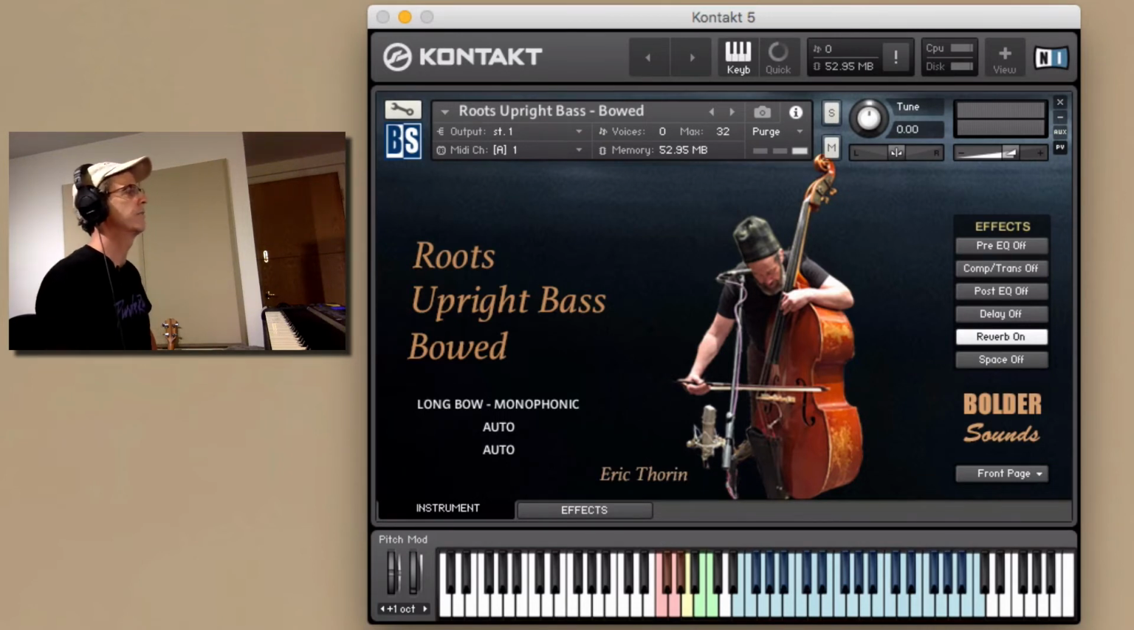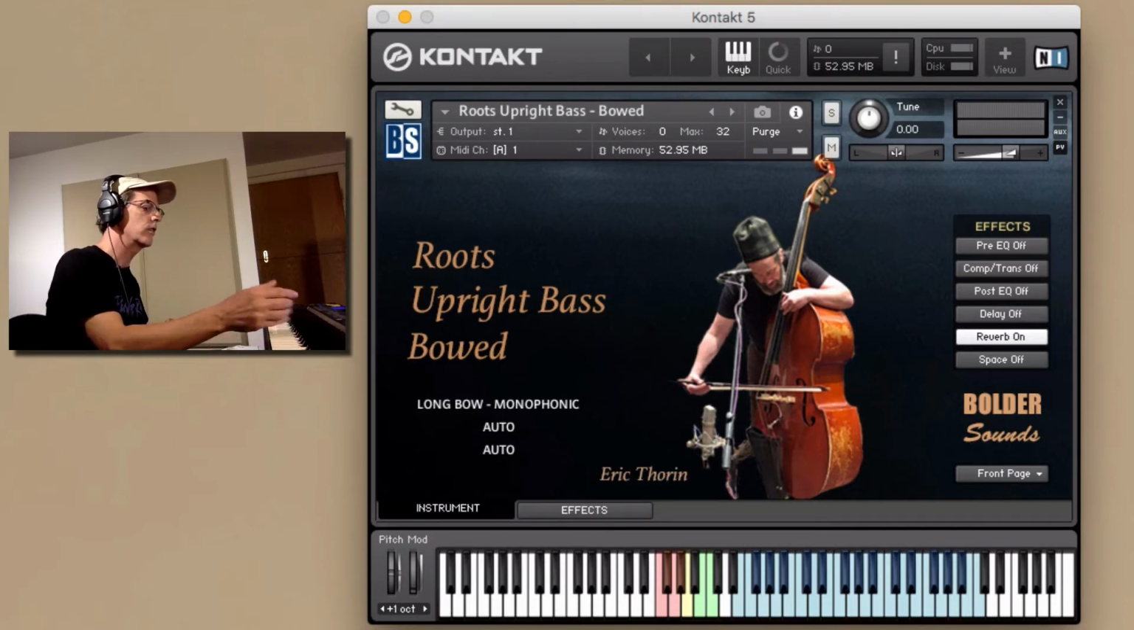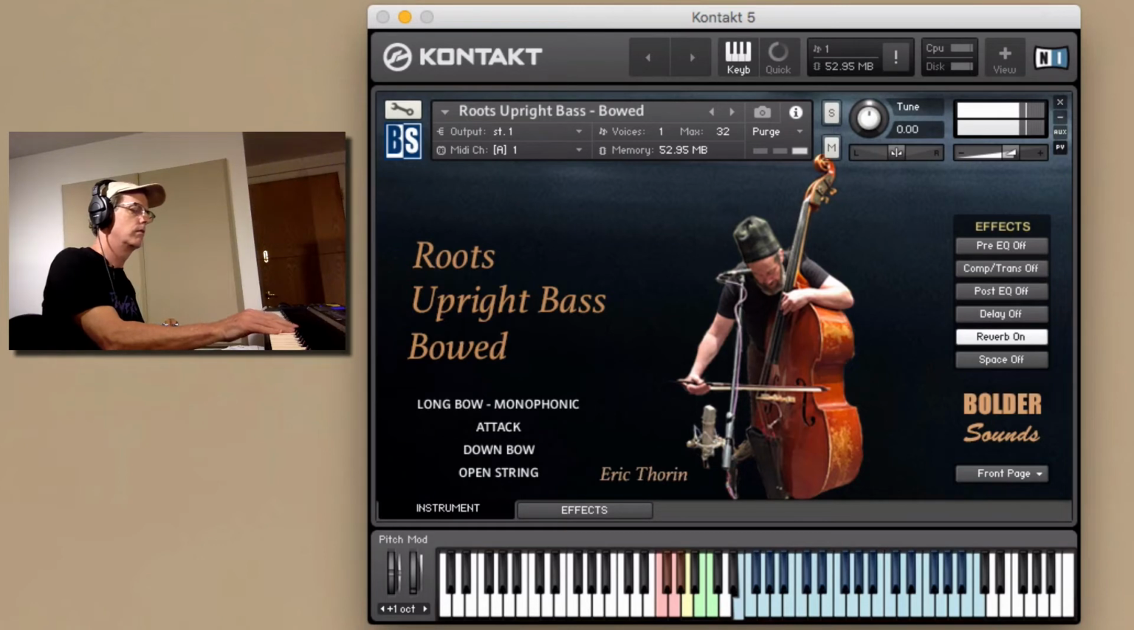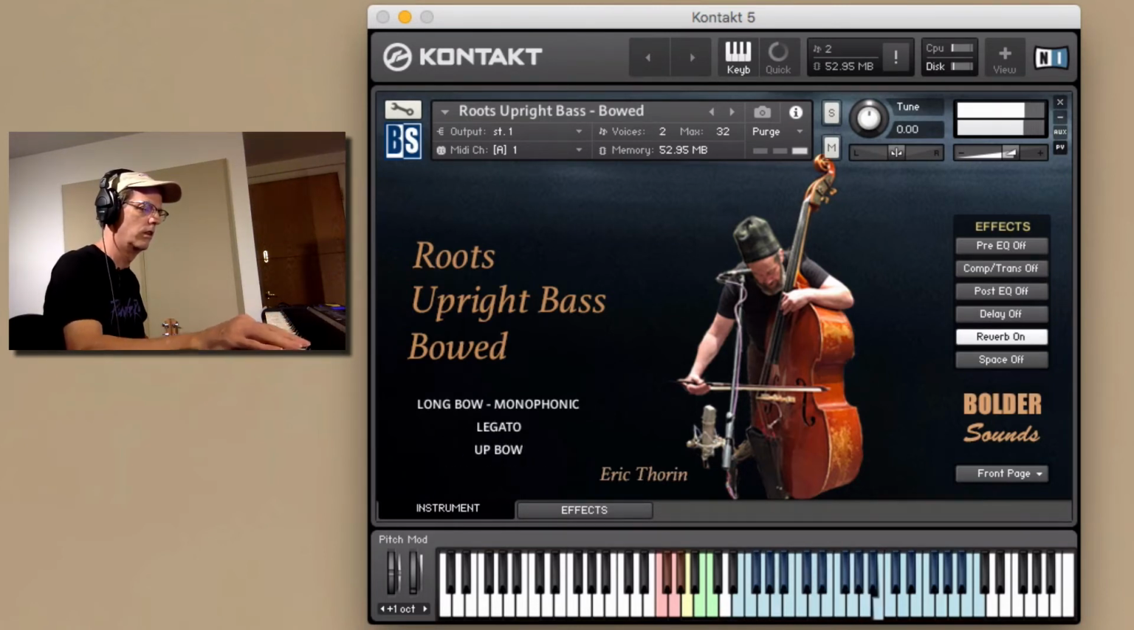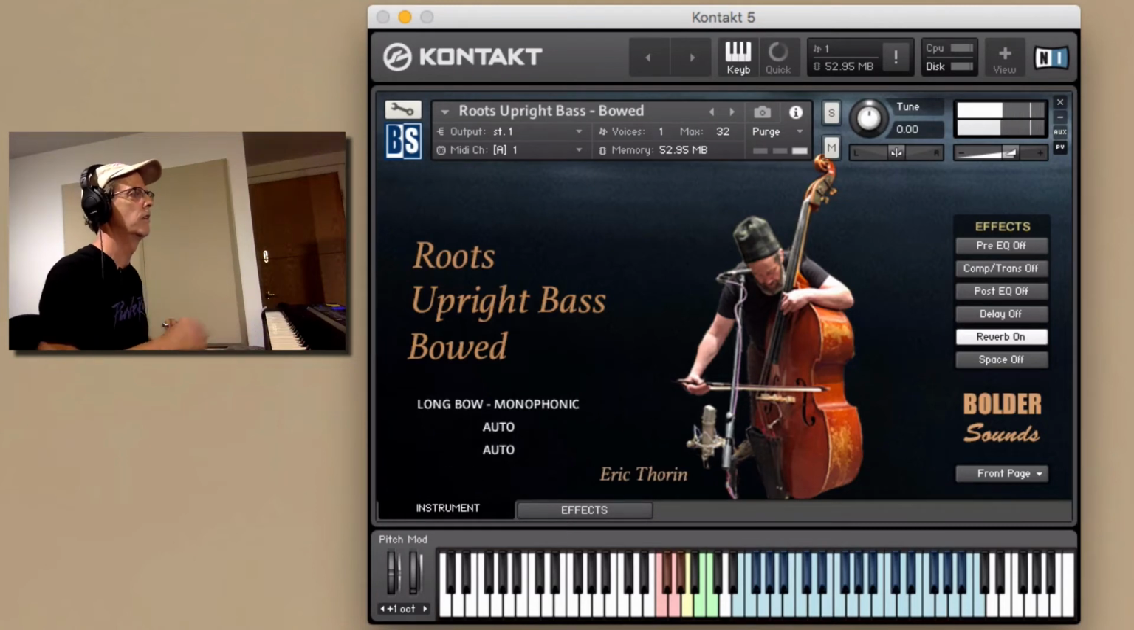So this is the instrument panel, front page, same principle as the previous main instrument. And the blue keys are our sampled bowed notes. I'll give you a little listen to those. So got a very nice rich sound out of that. So on the main instrument panel we have our same